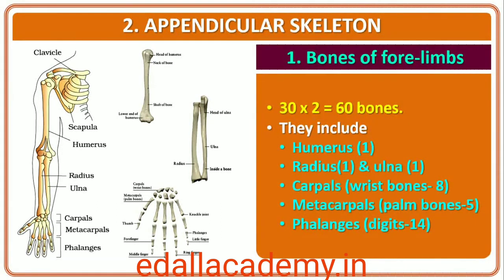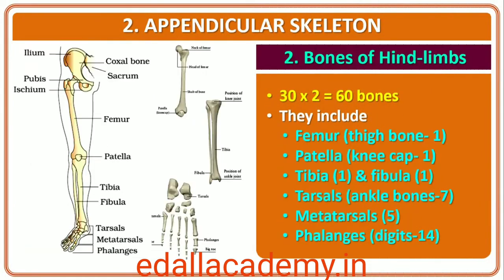The bones of the hand, forelimb: humerus, radius and ulna, carpals (wrist bones) 8 in number, metacarpals (palm bones) 5 in number, and phalanges (digits) 14 in number. Femur (thigh bone, the longest bone), tibia and fibula, tarsals (ankle bones) 7 in number, metatarsals 5 in number, and phalanges (digits) 14 in number, are the bones of the legs (hind limb). A cup-shaped bone called patella covers the knee ventrally (kneecap).